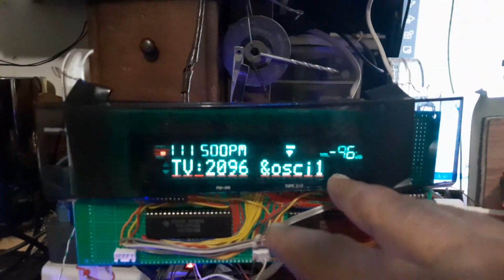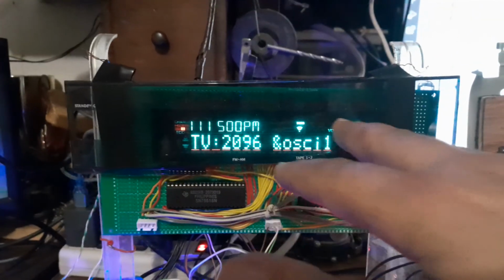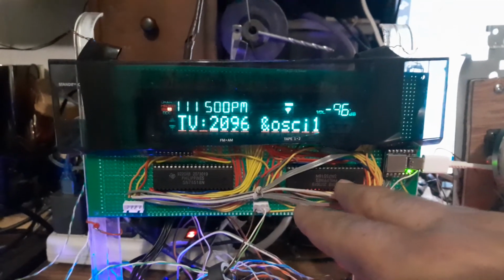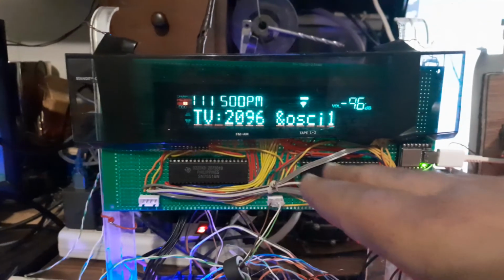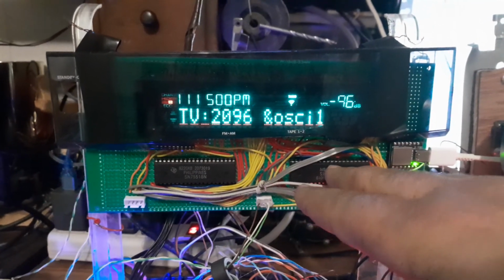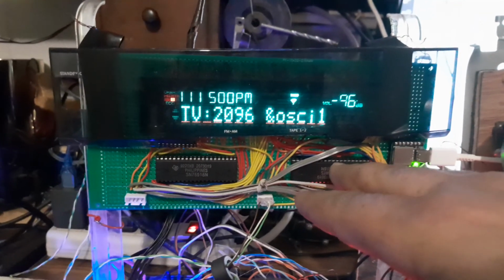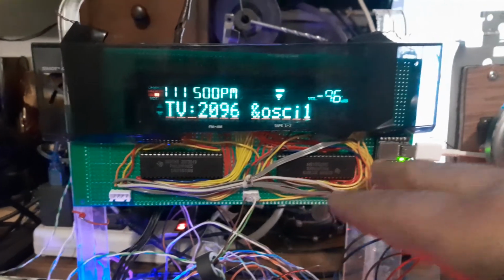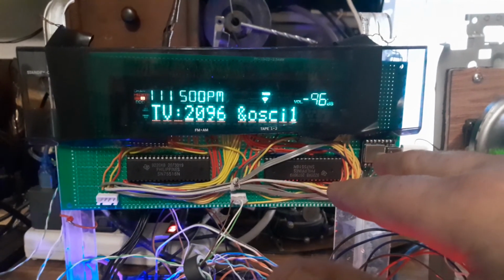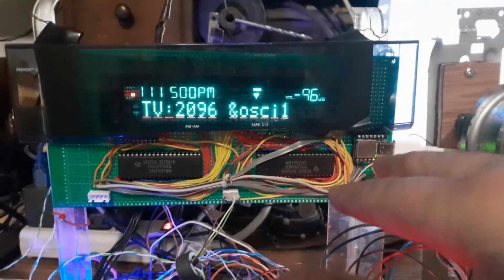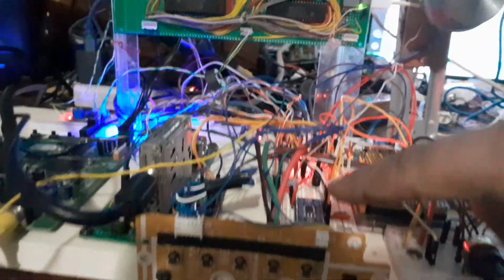And I got a vacuum fluorescent display. I have borrowed it from an old device and I built a circuit for it. Two shift registers, they are designed to drive a vacuum fluorescent display, and an Arduino C microcontroller. And I use the Arduino Mega to drive the multiplexer and the two